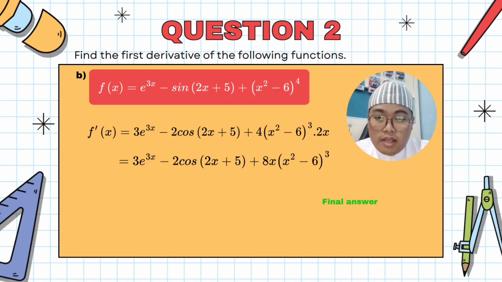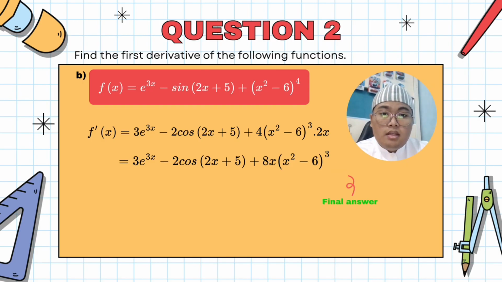Okay, I differentiate the exponent, we get 3 exponent power of 3x, and then negative sin 2x plus 5, I get negative 2 cos 2x plus 5. And then for the last, x power of 2 minus 6 in bracket power of 4, and differentiate, I get 4 in bracket x power of 2 minus 6 in bracket power of 3, and then I multiply with 2x